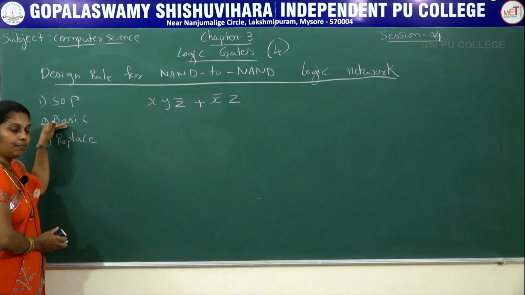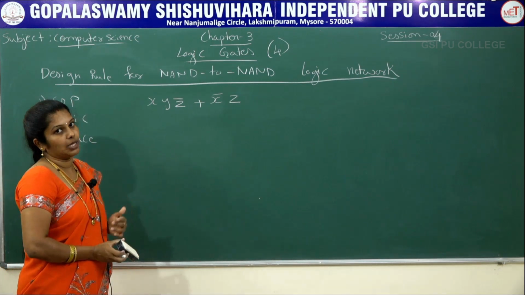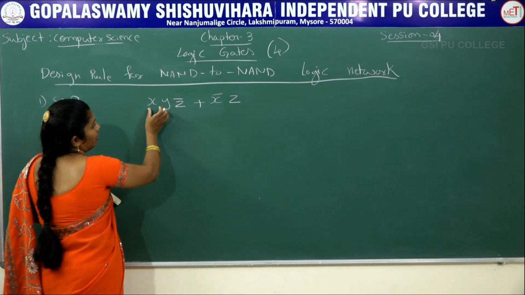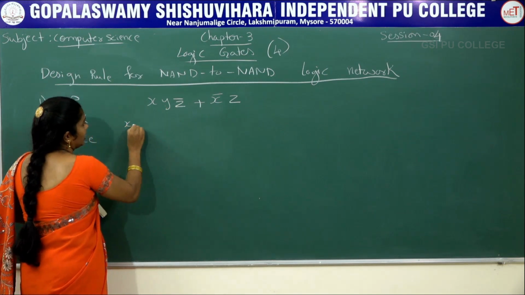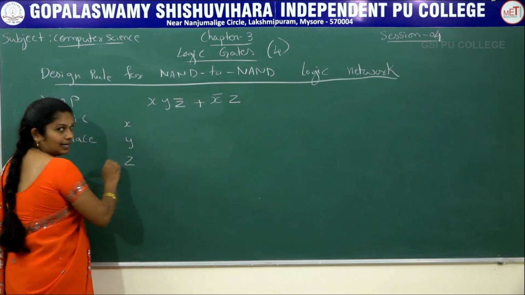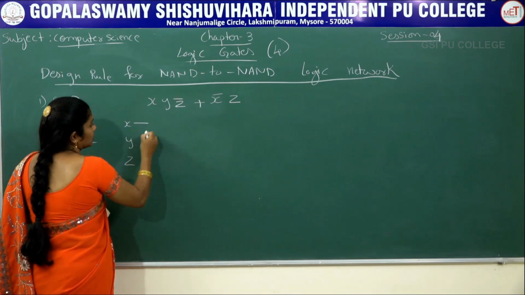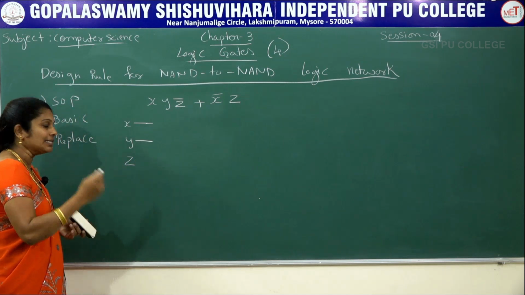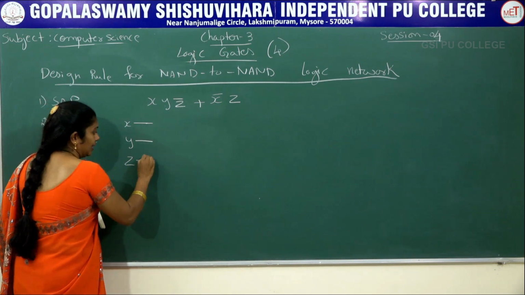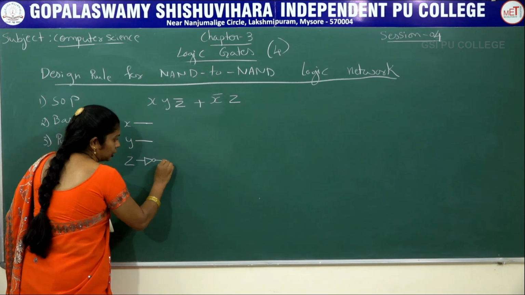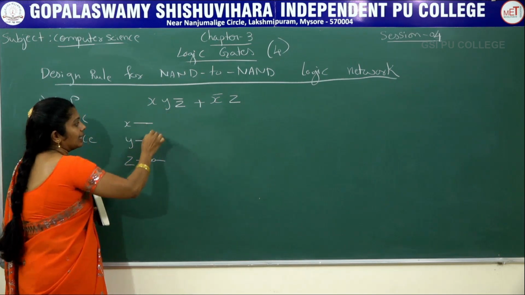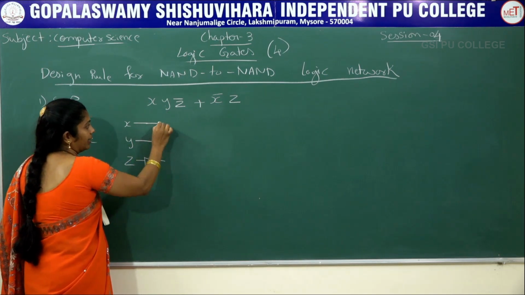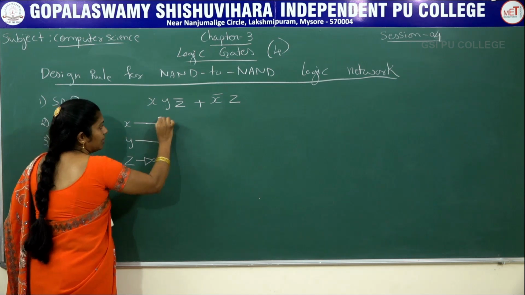Then what is the second step? Write the circuit diagram by using all the basic gates. Here we have X, Y and Z bar. Take X, Y and then Z. Write down X, Y, but here we require Z bar, which is nothing but negation, so negate here with a NOT operation. All these are connected with the dot operator. Then you have to write a D shape here.